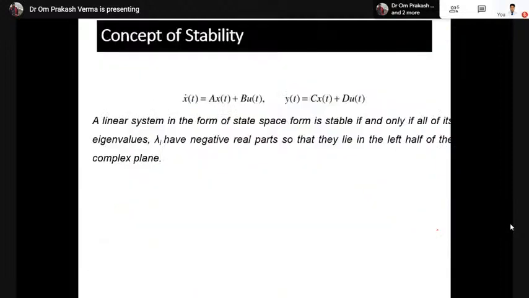Okay. Now, what is the stability condition for the state space equation? It is very simple. In the most simple terms, you can say a linear system's stability depends on the eigenvalue. Generally,